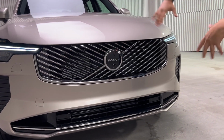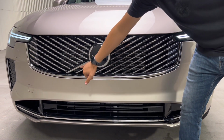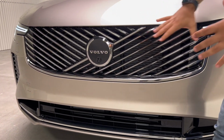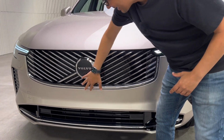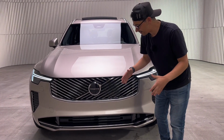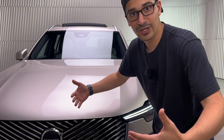I'm gonna start with the front grille and kind of work our way out. It's way more modern. They took that accent line, that signature line that'll go across the Volvo logo, but they morphed it into a design that integrates the entire grille structure. So there's kind of rakes coming in from this side, and then it transitions to the opposite side. Looks really cool, very modern. I'm honestly a really big fan of it, and I think it's really tasteful for kind of the next generation